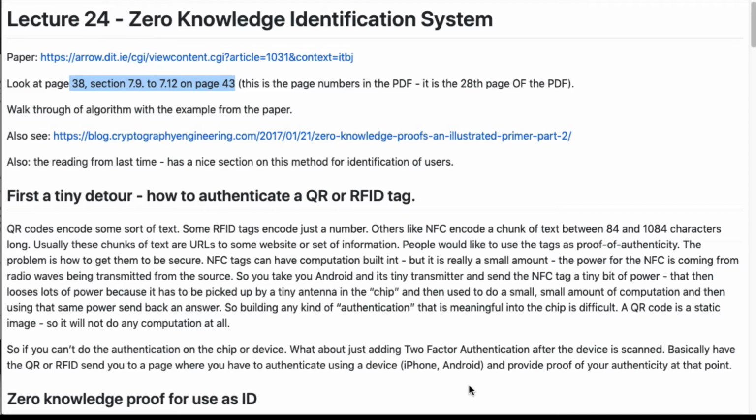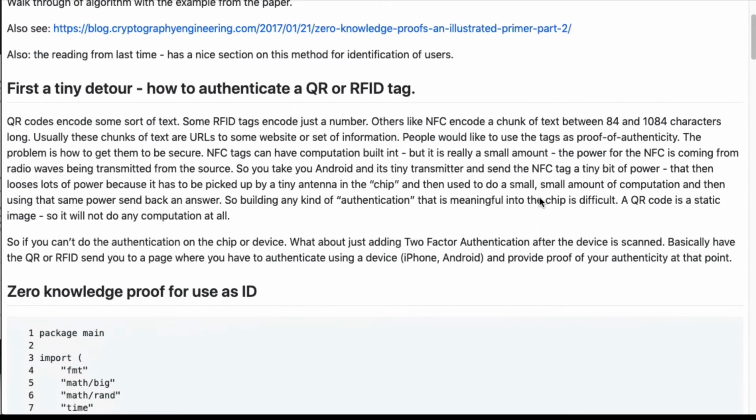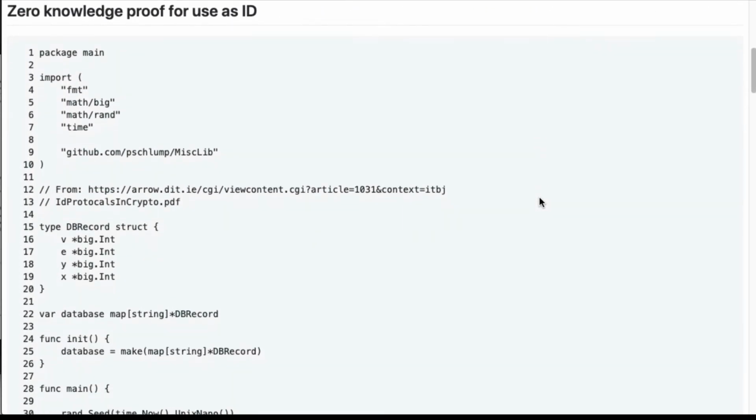serious authentication. I wanted to do that before we get into zero knowledge, because zero knowledge can still be used on things like tags and RFIDs, but you've got to have some outside capabilities to make it work. I've got a piece of code here that we're going to walk through, this algorithm for the Schnorr